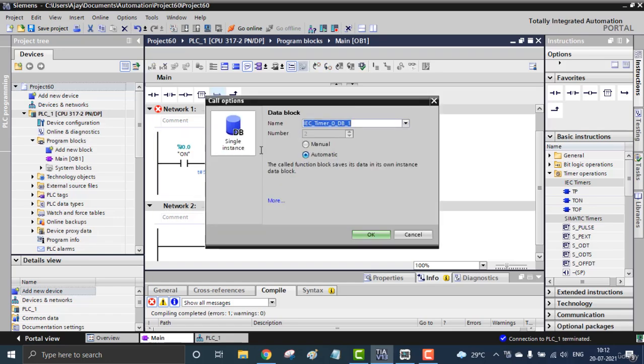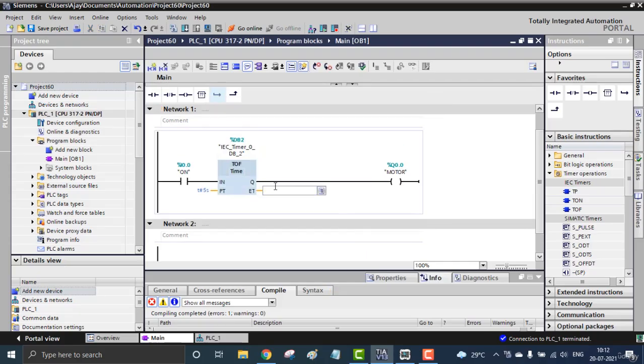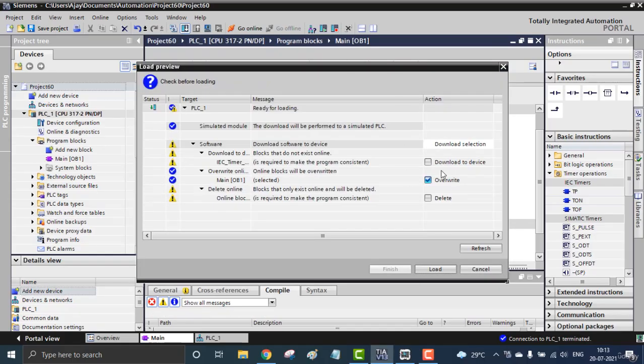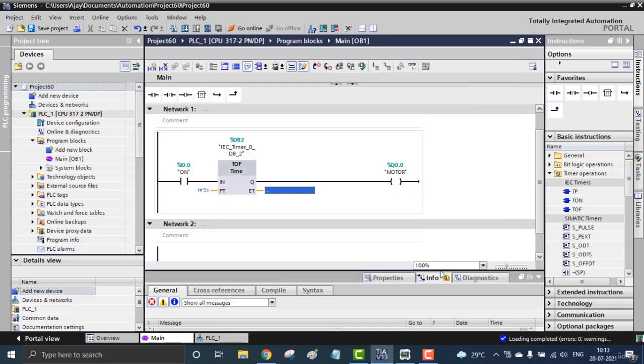So the IEC timer 0 underscore DB1, I'm changing it to DB2 here, and okay. So DB2, fine. That will be the off timer, and we are going to download to the device, and the previous data block will be asking for deletion, which is better because that is not in use.